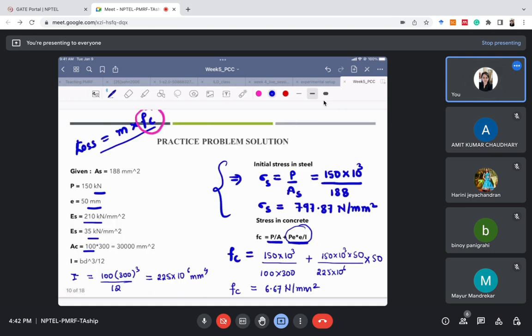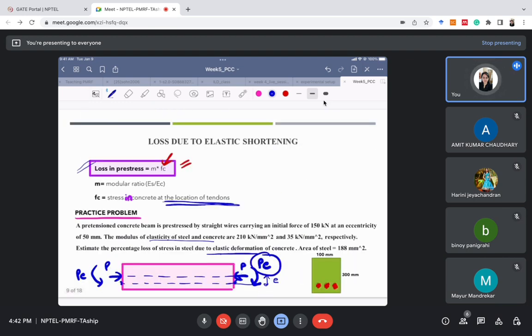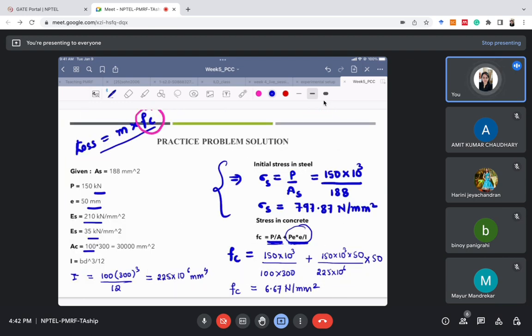Okay, so I'll consider this PA and PE. If any UDL would have been given, there would be one more term, which is M by I into Y, where M is the moment due to that UDL. Okay, so this is the thing you need to keep in mind. But here in our case, no UDL was given, so I've simply used this formula